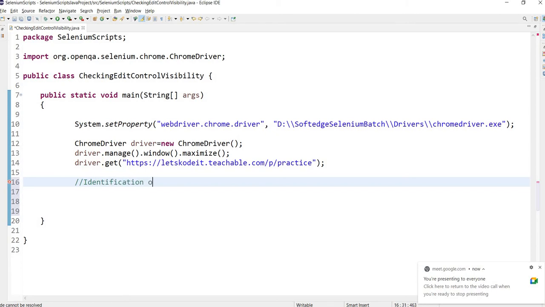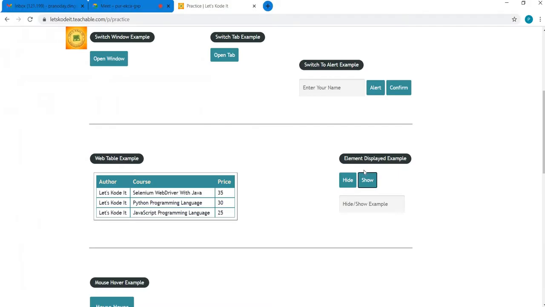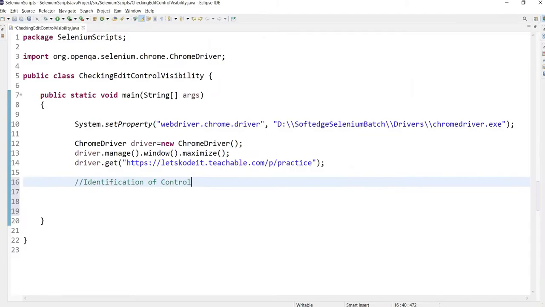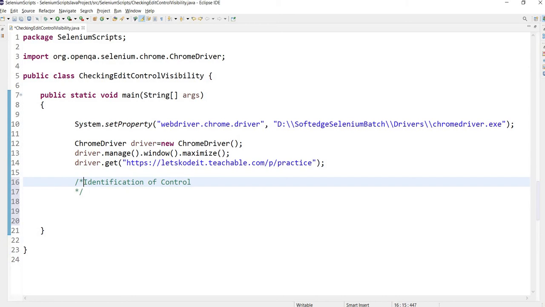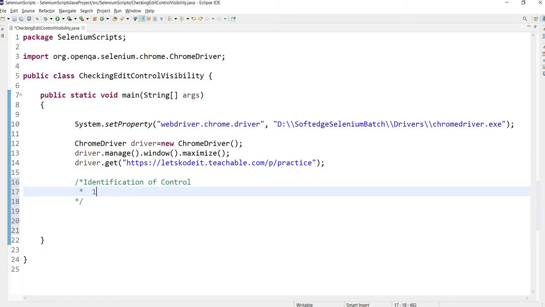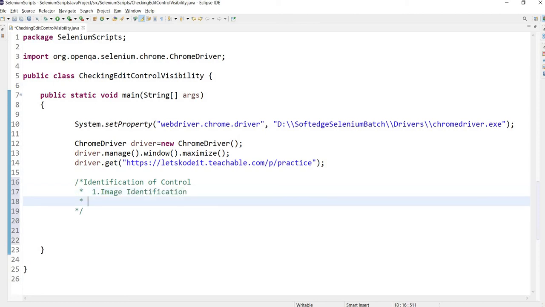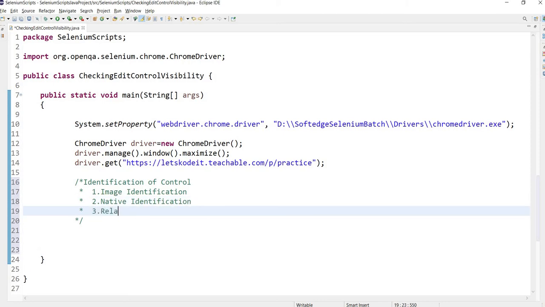So first we have to decide which technique we want to use here. We have seen three different techniques. One is image identification, second is native identification, and third is relational.